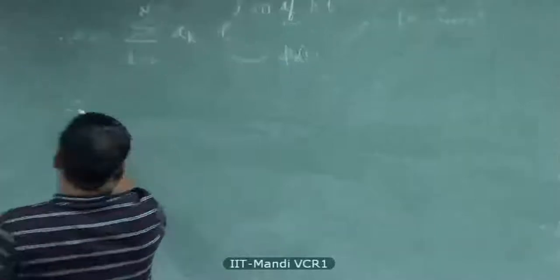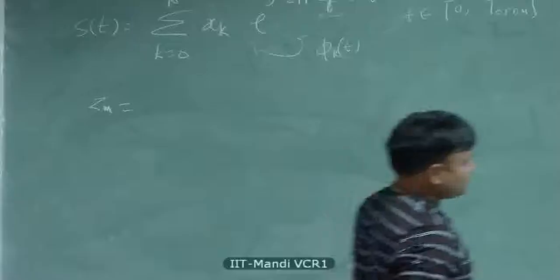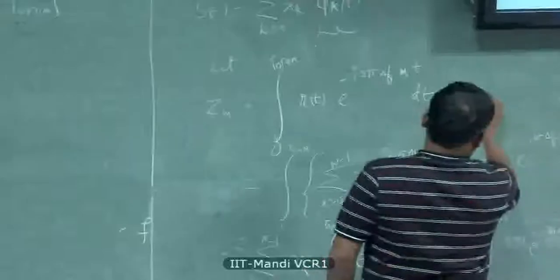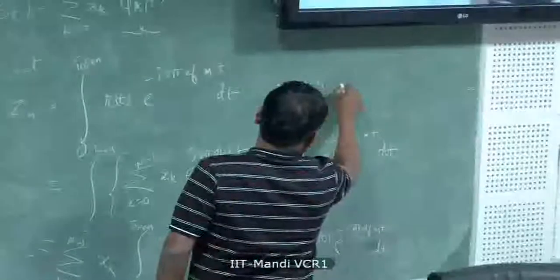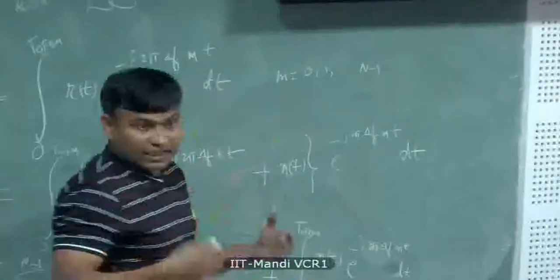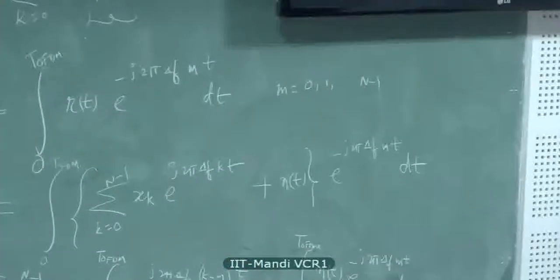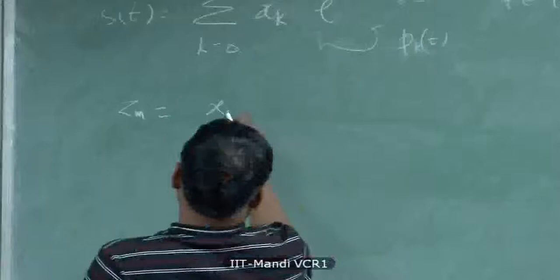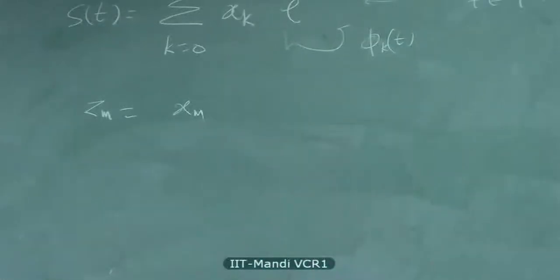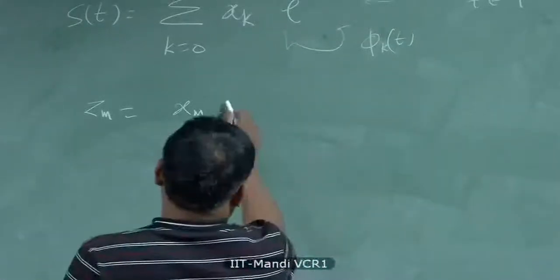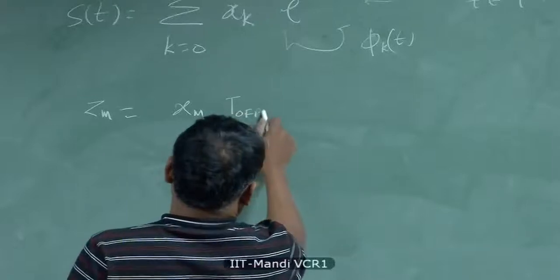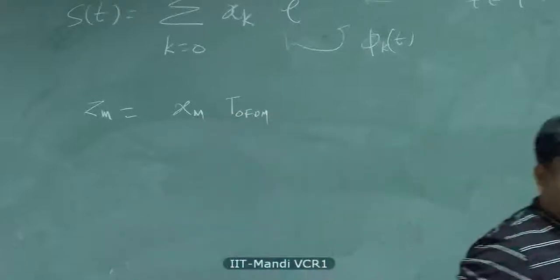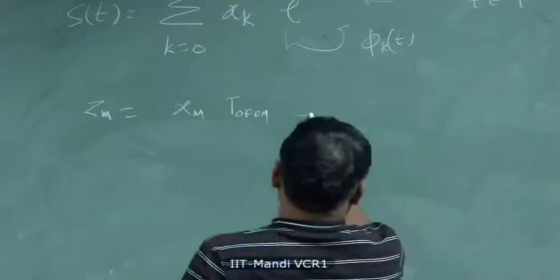Z of m, which is our decision variable. By the way, what is the range for the m here? We are interested in 0 to n minus 1, so we want to recover all the n data tones, and Z of m contains x of m with some corrupting noise. Z of m is equal to x of m times T OFDM for k equal to m, once you carry out the integration, plus